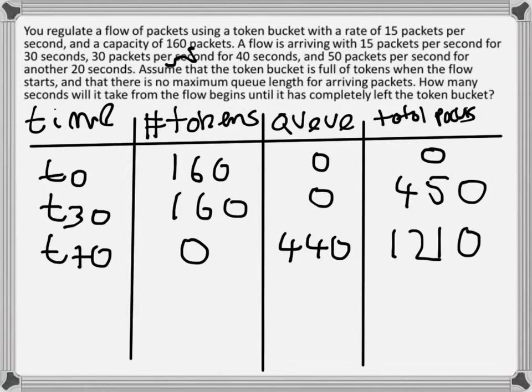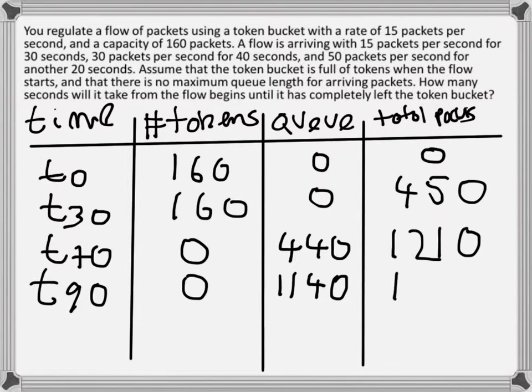So we continue with packets arriving. So for 20 seconds more, and during these 20 seconds, we know that 1,000 packets are arriving, but only 300 tokens. So the situation after the total of 90 seconds is that we have still no tokens, but the queue has now grown with 700 packets. So we have a queue of 1,140 packets, and we have processed 300 packets corresponding to how many tokens were